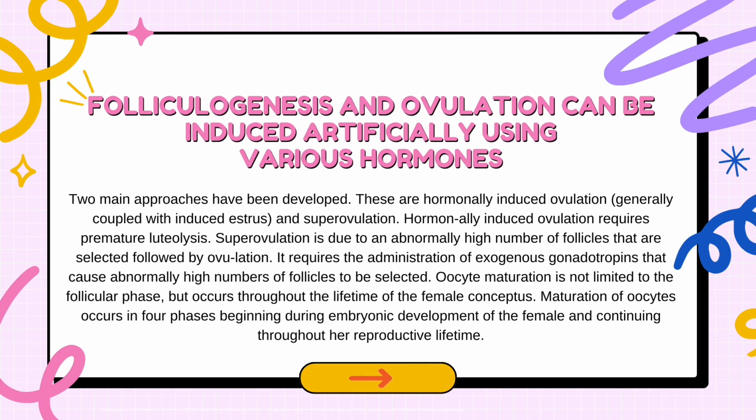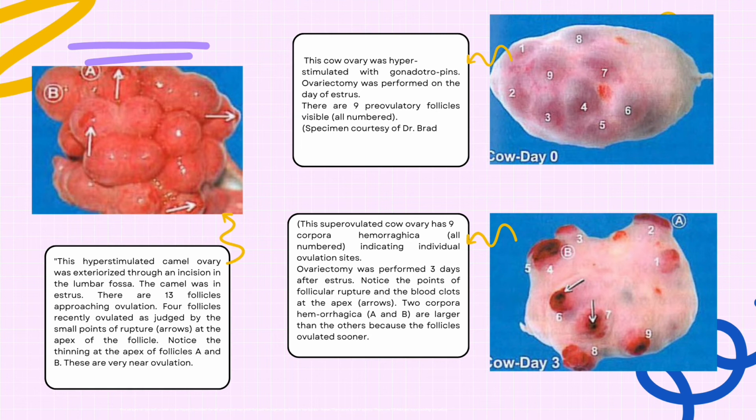Folliculogenesis and ovulation can be induced artificially using various hormones. There are two main approaches: hormonally induced ovulation, generally coupled with induced estrus, and superovulation. Hormonally induced ovulation requires premature luteolysis, while superovulation is due to an abnormally high number of follicles that are selected, followed by ovulation. The picture on the left screen is the hyperstimulated camel ovary that was